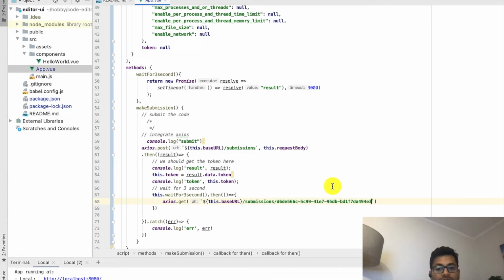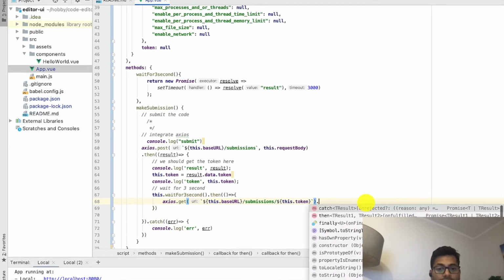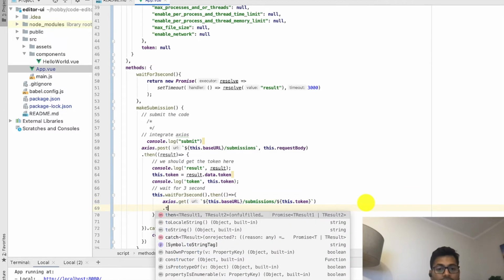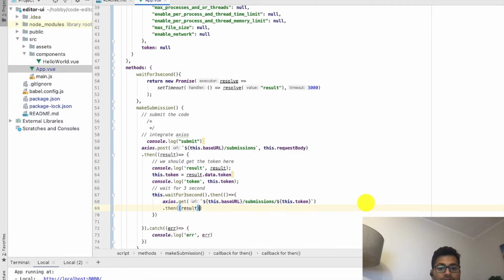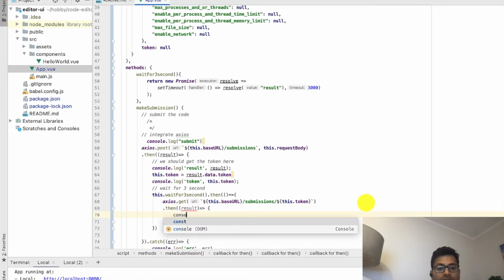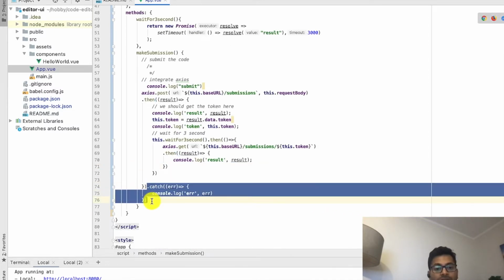So we can call submissions, and this will be the token. And now we'll then result, and let's now console log the result. Console.log result. Okay, and if we get some error, we'll catch it. So we can just copy paste this code here,